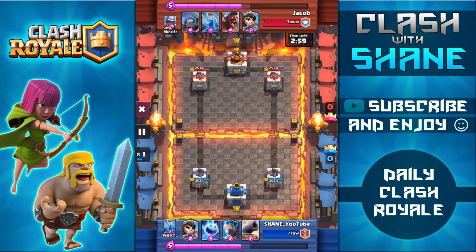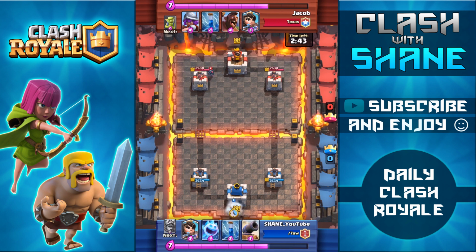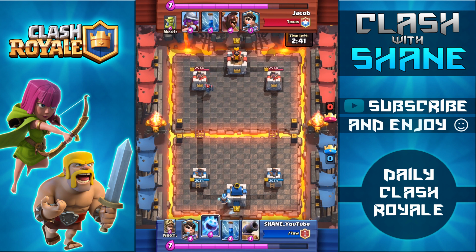So here we are facing off against Jacob in the clan Texas, and I actually have a fairly decent starting hand here with the Princess as well as the Ice Wizard, and I also have the Zaspel as my next card, so I could do an early Princess drop at the bridge, try and get some chip damage into the tower, and then have that Zaspel available if my opponent drops down goblins, but he ends up dropping the midi Pekka on the left-hand lane, so I'm going to defend against it with the Ice Wizard as well as